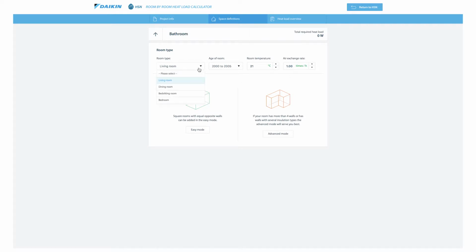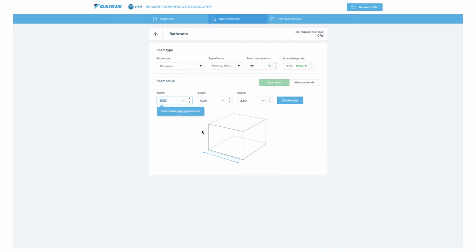Next, you're going to set up the room. For a square room, you can use the easy mode. For other shaped rooms, you can use the advanced mode. Let's take a look at the easy mode for now. So click on the easy mode and enter the room dimensions. Here I'm going to create a room from our plan that's 1.8 meters wide by 2.5 meters in length and